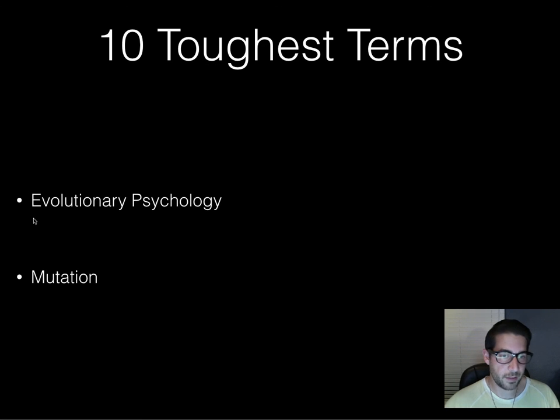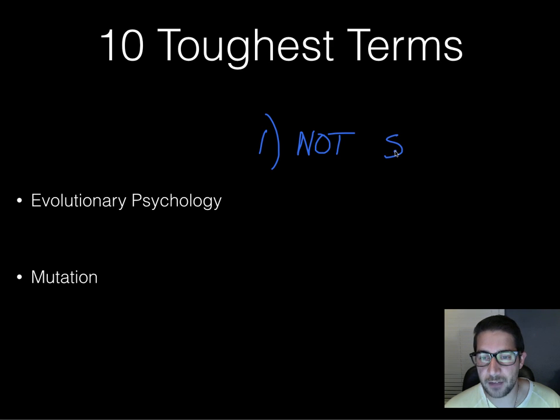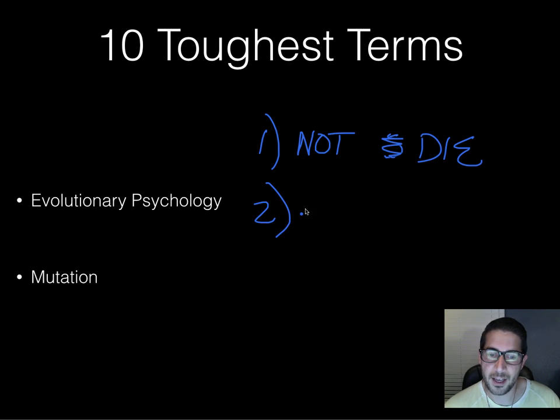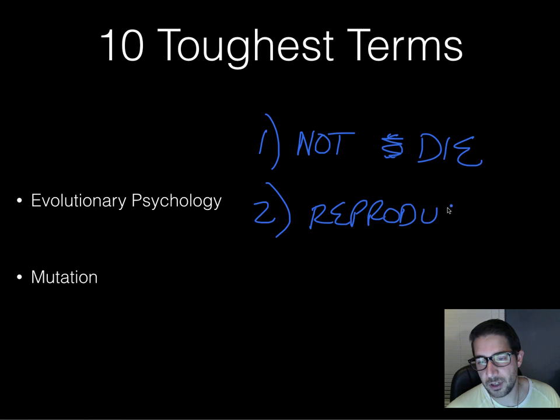All right, then last two quick things. Evolutionary psychology. Evolutionary psychology really looks at two things. Number one, how does it help us survive? So not die. How does it help us not die? And number two, how does it help us reproduce? So all of our behaviors, our emotions, everything we got, evolutionary psychology is asking us, how does that behavior help us survive, not die, and how does it help us